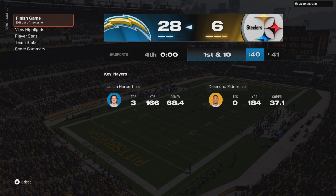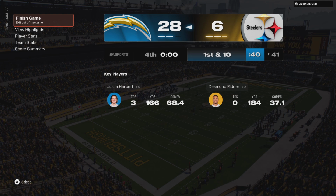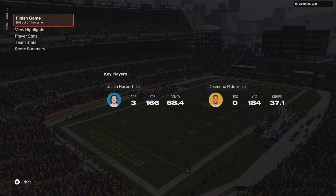So for the Chargers, it's an ideal start as they move to 3-0 now on the young season. And they'll get another road date next week. Meanwhile, for Pittsburgh, they suffered defeat for the first time as they dropped to 2-1. And they will